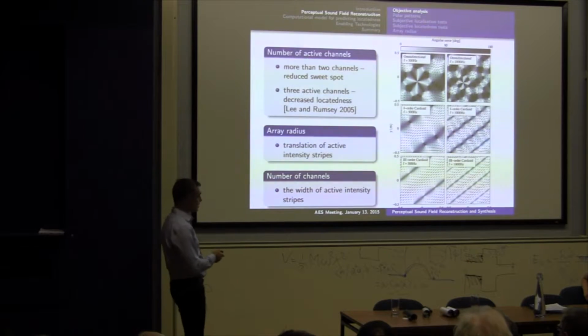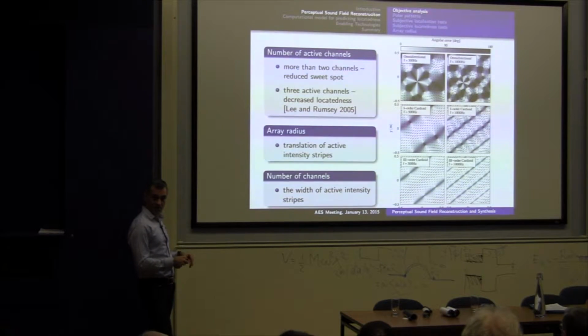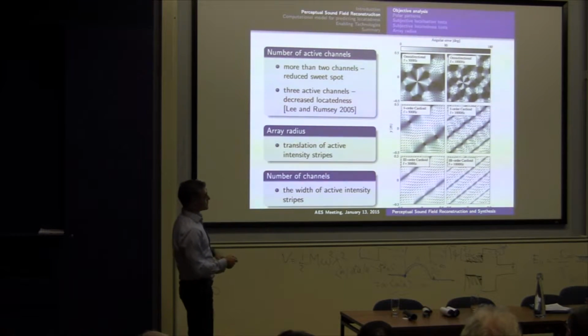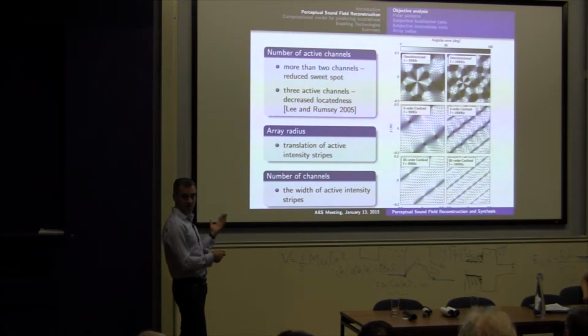And here is an illustration of the active intensity field. What we have here is our active intensity field for a 500 hertz plane wave, and this is for a 1 kilohertz plane wave. What you see here are all these arrows; the direction of the arrows corresponds to the direction of wave propagation, and their length corresponds to the intensity of the sound field there. The gray level corresponds to the accuracy, or the error of the reproduced direction. The darker it is, the larger the error. If it's white, that means the error is small.